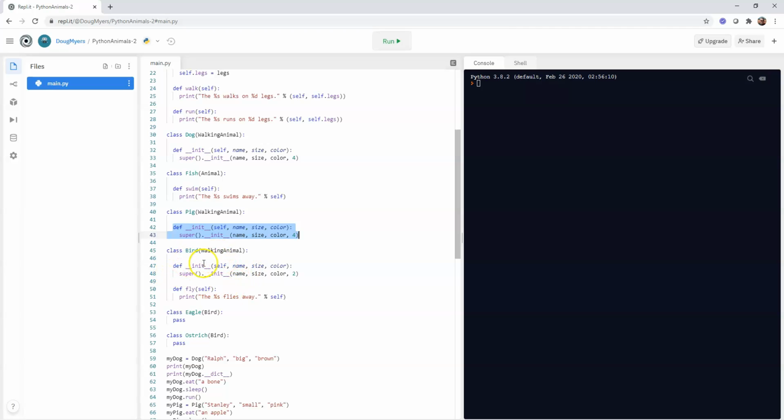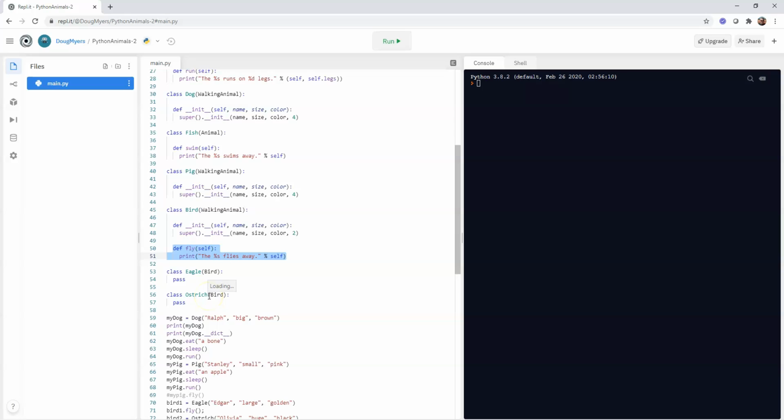Bird also is a walking animal. It has a constructor. You'll notice that in its constructor, the number of legs is 2 instead of 4, because birds have 2 legs. And it also has a fly method. And then eagle and ostrich